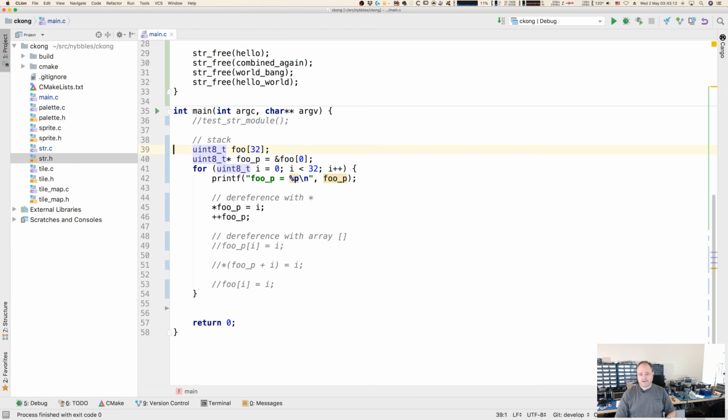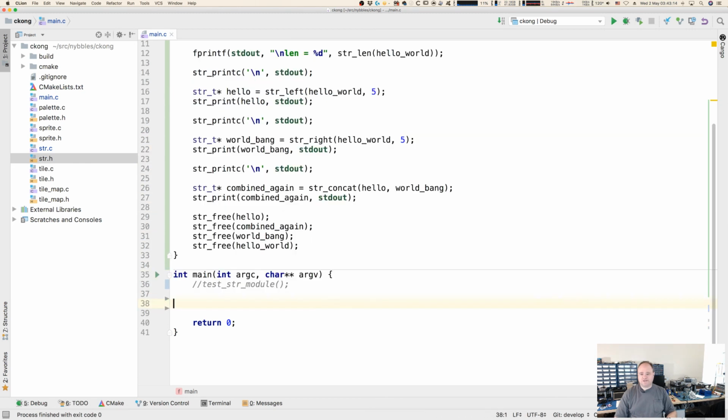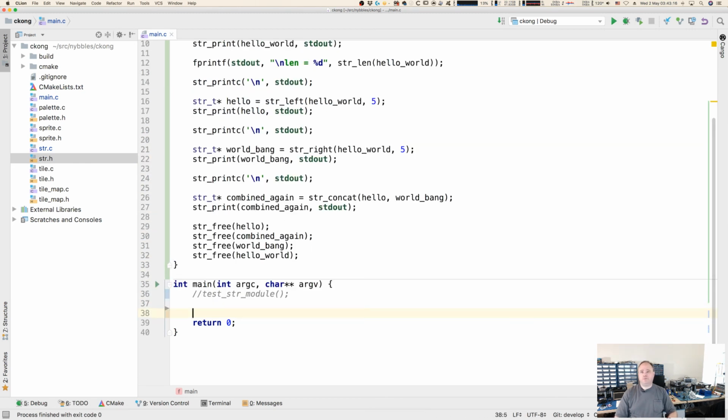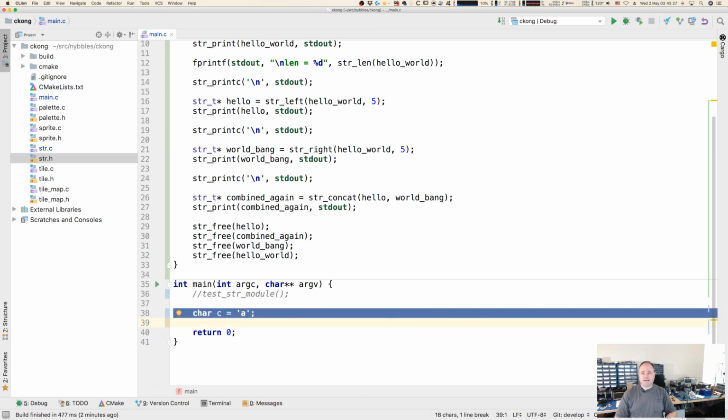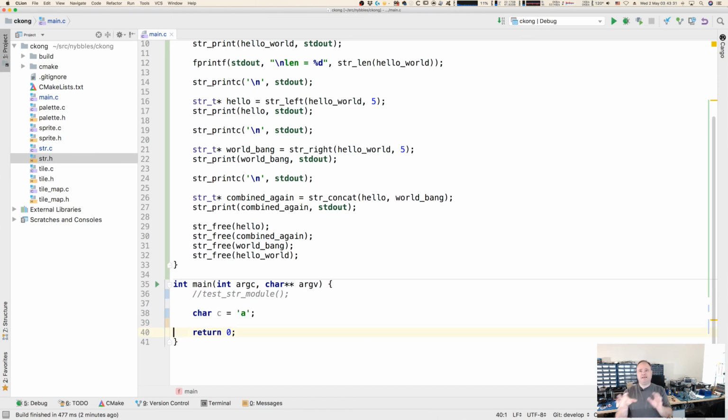Now, what I would like to do is talk about the address-of operator a bit more, okay? So let's put a char here. We'll call it c, and we'll fill it with an 'A'. Now, this is on the stack. So again, what is a stack thing? What is a heap thing? So in C, it's very straightforward. If it's a